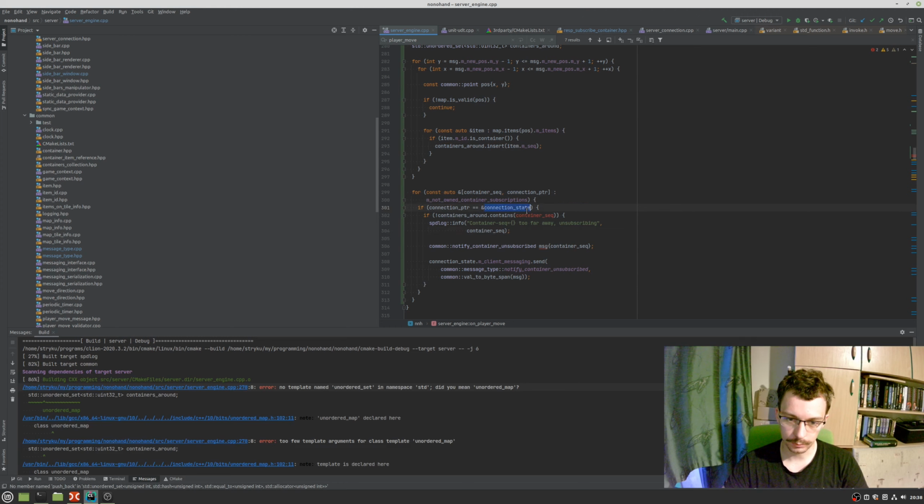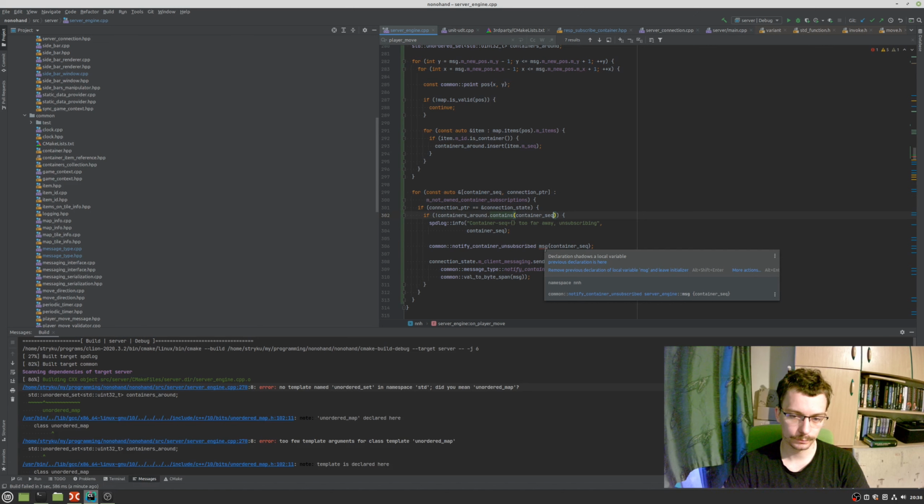It is insert now container sequence. That works. And if container unsubscribed